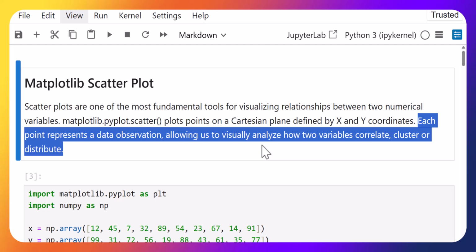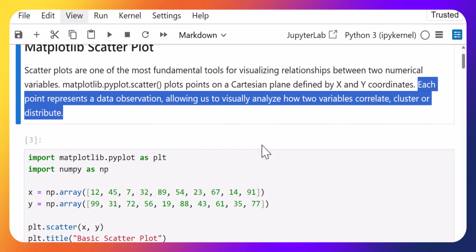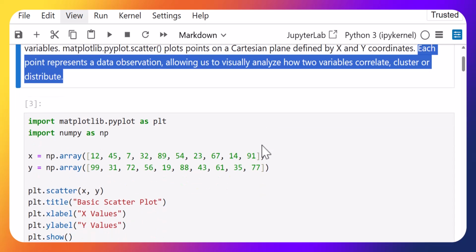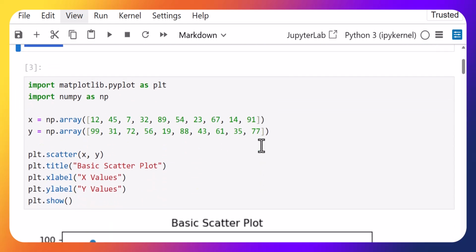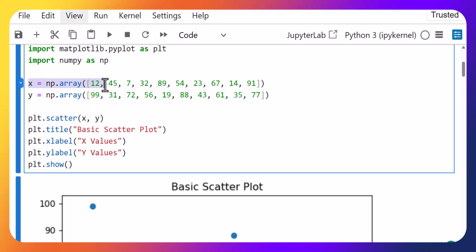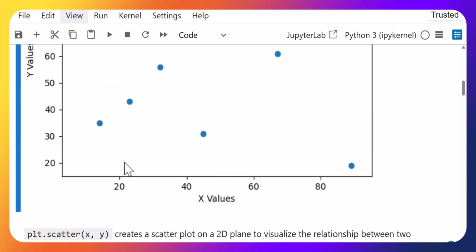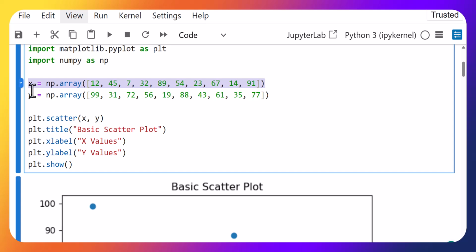Anyhow, we are not going into details of clustering. However, you know that if you want to see a point on a 2D plane, then we need to have the x value and the corresponding y value of that particular point. That is why we are creating an array of x. In a Cartesian plane, we have a 2D plane, so this is the x-axis and this is the y-axis. Now x contains a numpy array having the x values, and y contains the y values of the